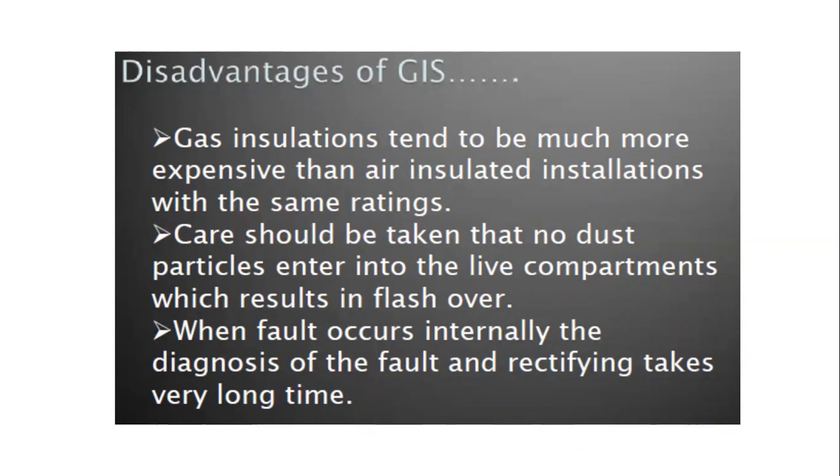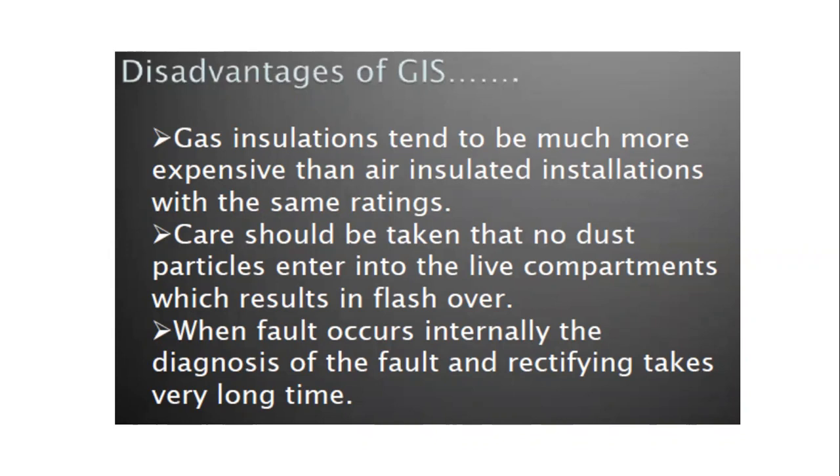That's why, where the space requirement is very large, only in that case are we using GIS as the substation, that is the gas insulated substation. Mostly this type of GIS will be preferred for indoor substations. Why? Because all the equipments will be placed indoors, and the dielectric medium between the equipments is SF6 gas. Due to the properties of SF6 gas, the arc quenching time is also reduced.